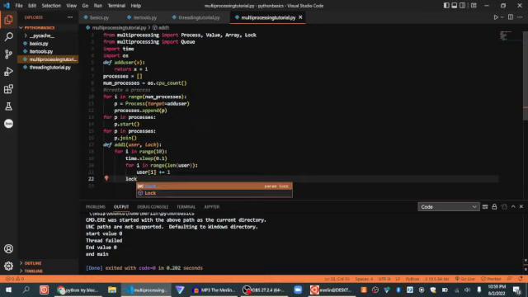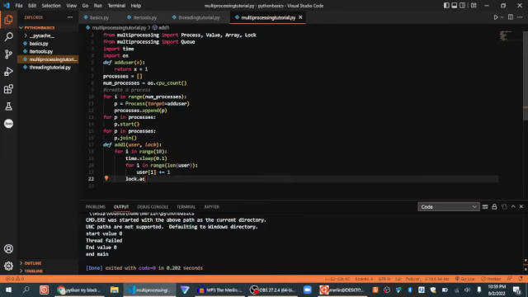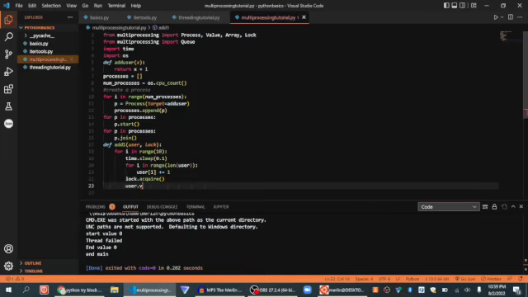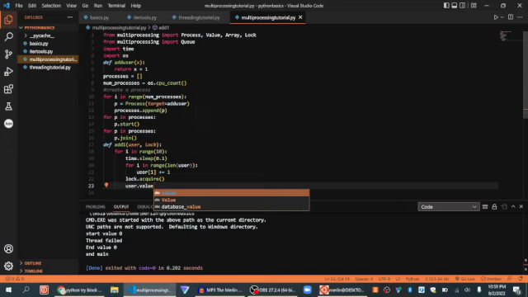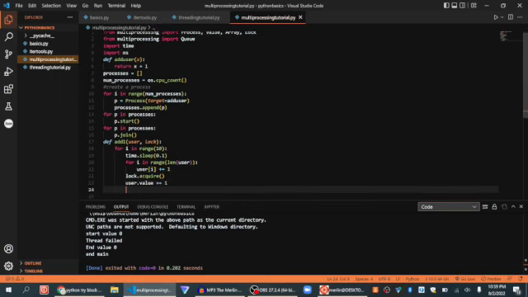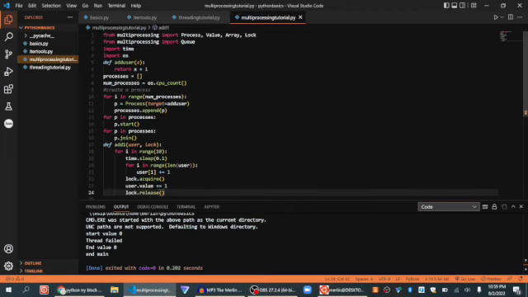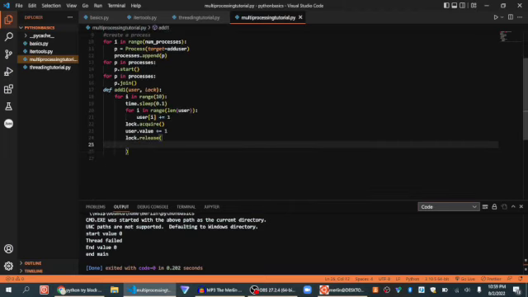Again, like I said, one important thing about Python is indentation, and making sure that our indentations are all in an efficient manner, and it doesn't upset the compiler. We're going to set our lock.release, and similar to our threading,